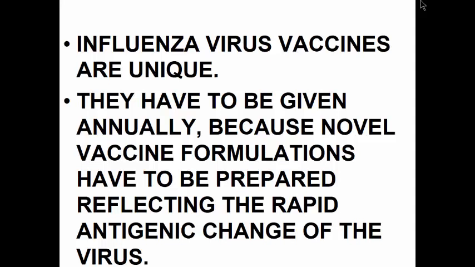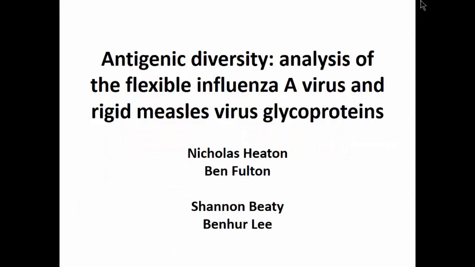And so we ask ourselves, why is it that measles virus has not changed, at least not over the last 60 years? Because we are using in the current vaccine the same vaccine strain which was used when the vaccine was developed in the 60s. So what we have tried to understand is whether there is something which allows us to understand why measles is static, and flu constantly changing.